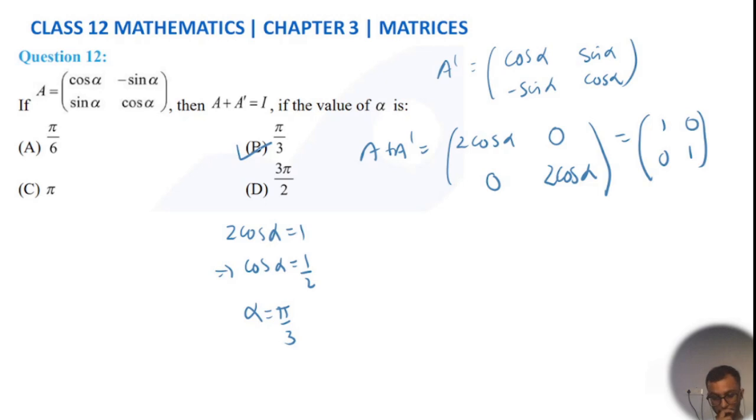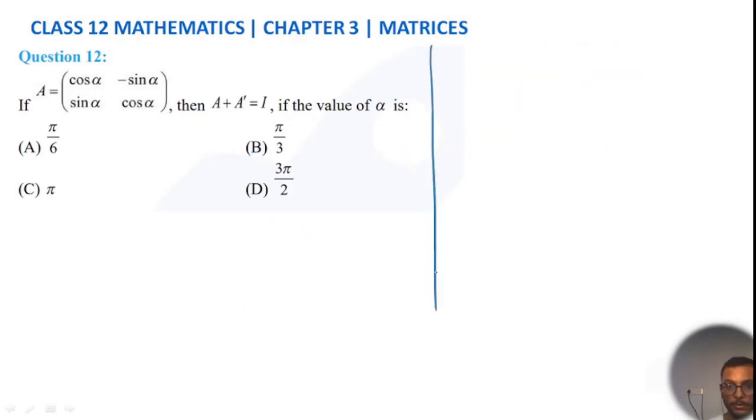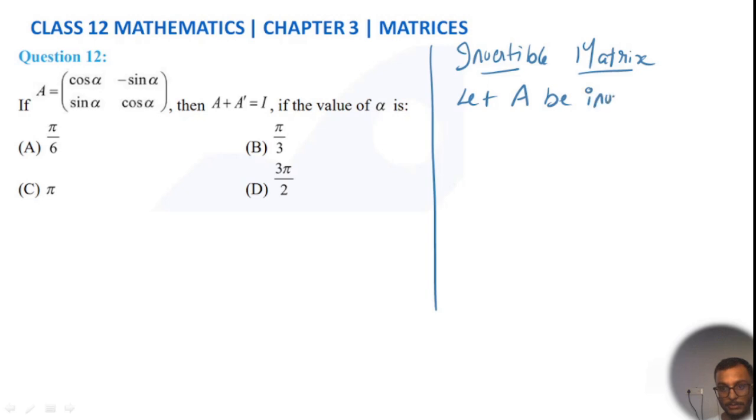Okay, now there is one more exercise in which only one question is there. That is one MCQ, and in that there is nothing else, only the definition of an invertible matrix is written. I have told you in the introduction part what an invertible matrix is. Let A be any matrix,